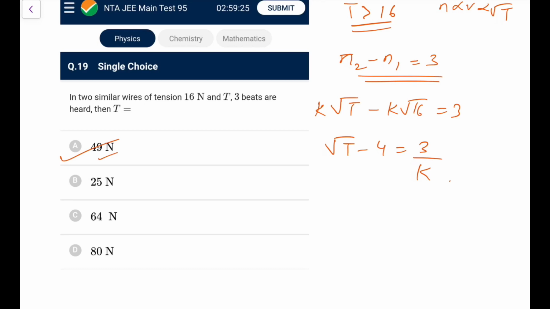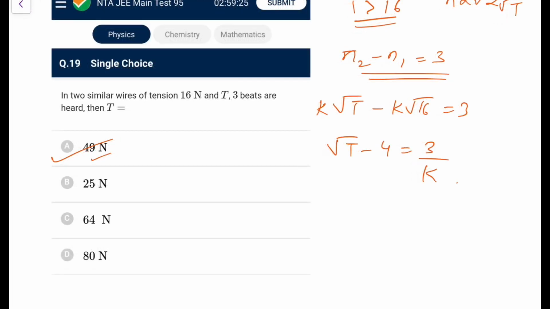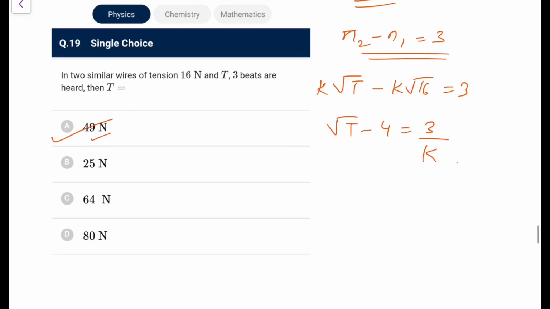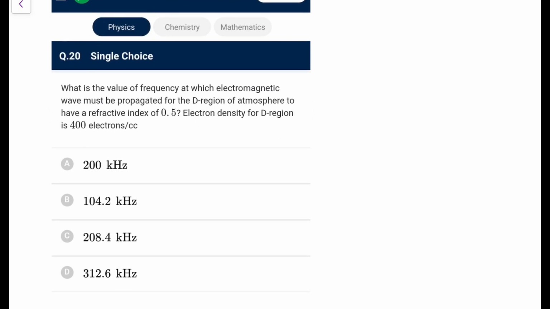So 64, that would be 8 minus 4, but it's tough to implement. I don't know how to justify this. I am not getting the idea of how to do this, because this is not the right way of asking the question, I suppose, since the data is not complete for me. Or you can go for 49, but I don't think it's appropriate to reject all the other options.